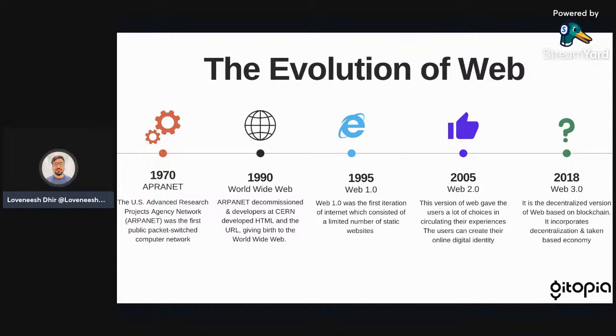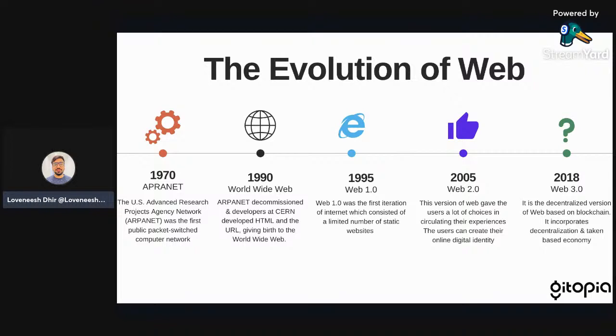So what particularly was the difference between Web 1.0 and 2.0 was Web 1.0 was read only web, and Web 2.0 was read and write web. Web 2.0 is also known as the social web. This social web allowed users to interact with the internet, and it also gave users an option to create their own identity. With the era of Web 2.0, websites like Facebook, Twitter, etc.